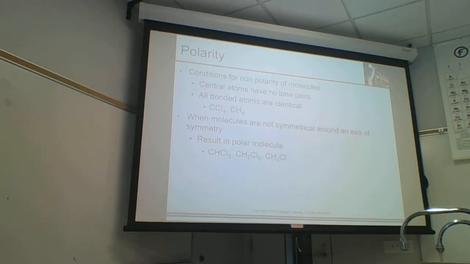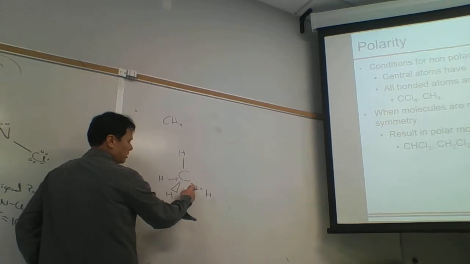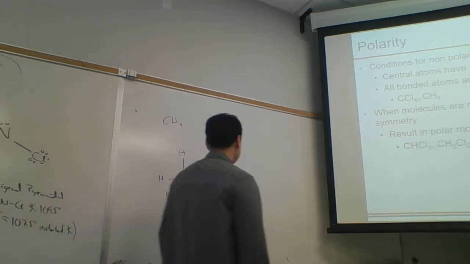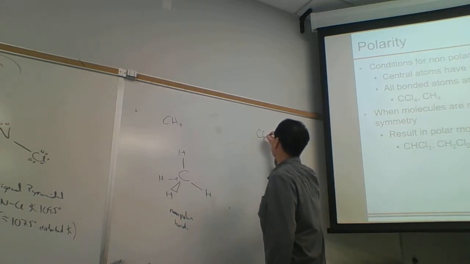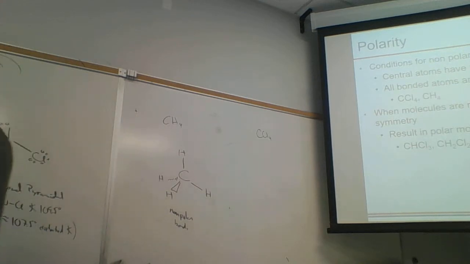If you look at methane, it's tetrahedral, with 4 carbon-hydrogen bonds. How would you characterize these bonds here? These bonds would be characterized as non-polar covalent bonds. We'll just say non-polar bonds here. Versus carbon tetrachloride. Carbon tetrachloride, there's definitely going to be a difference in electronegativity here because carbon's at 2.6 and chlorine's at 3.2,